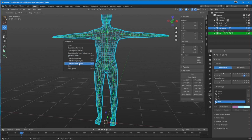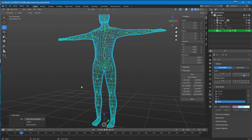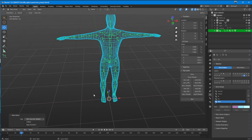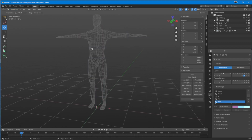I'm going to click on automatic weights because we haven't created any envelopes, but you can do that. You can create envelope weights. You can actually create vertex groups, and they have to have the same naming convention as the joint, and it will then just go, oh, that goes to there, no problem, which is a nice little thing. But we now have a mesh, which actually, if we just click on the mesh